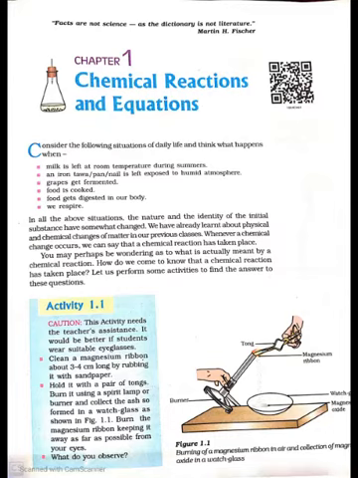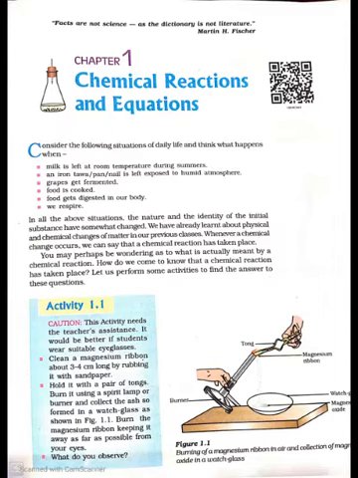Point 1. Milk is left at room temperature during summer. Point 2. An iron tawa or pan or nail is left exposed to humid atmosphere. Point 3. Grapes get fermented. Point 4. Food is cooked. Point 5. Food gets digested in our body. Point 6. We respire. In all the above situations, the nature and the identity of the initial substance have somewhat